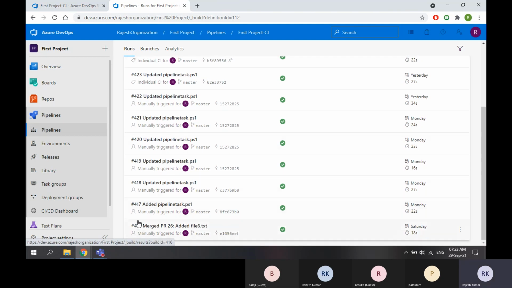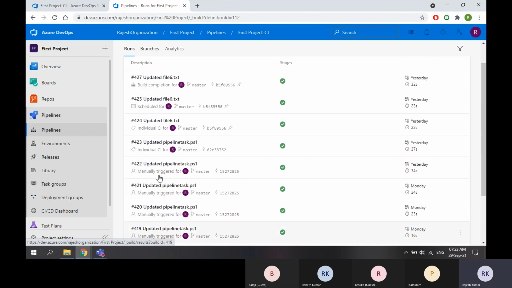It's like 416, 417. Whenever I'm running a pipeline, the build number is generated. I'm not giving this number.